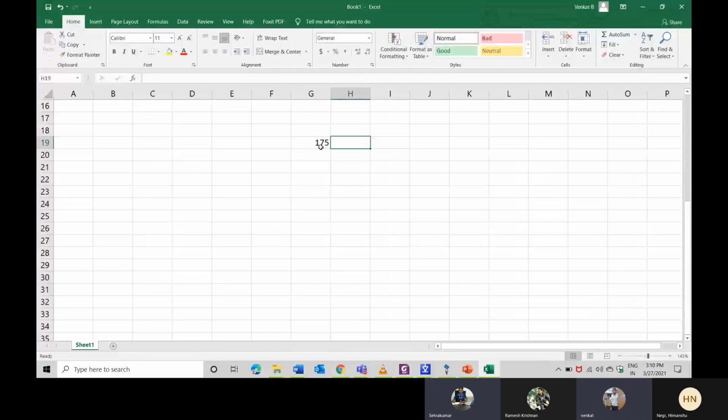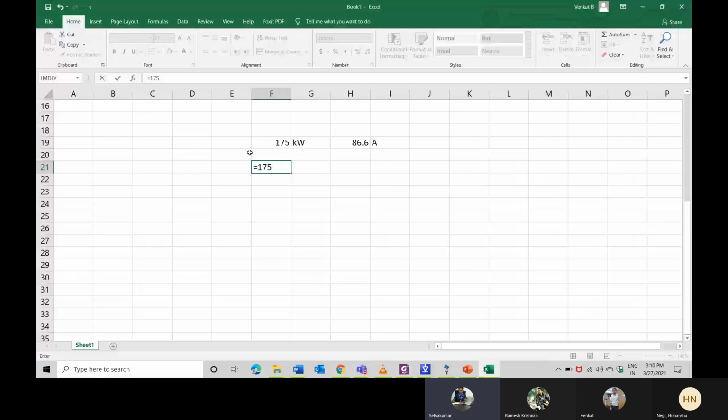Yes, sir. So we know the rated current of this reactor, correct? So 175 kilowatt means 3I square R. So 175 divided by 3 into 86.6 square, we will get the losses, right? Divided by, into 1000, of course, because that is in kilowatt. Divided by 3, we have to put, right, sir? Yeah, 3